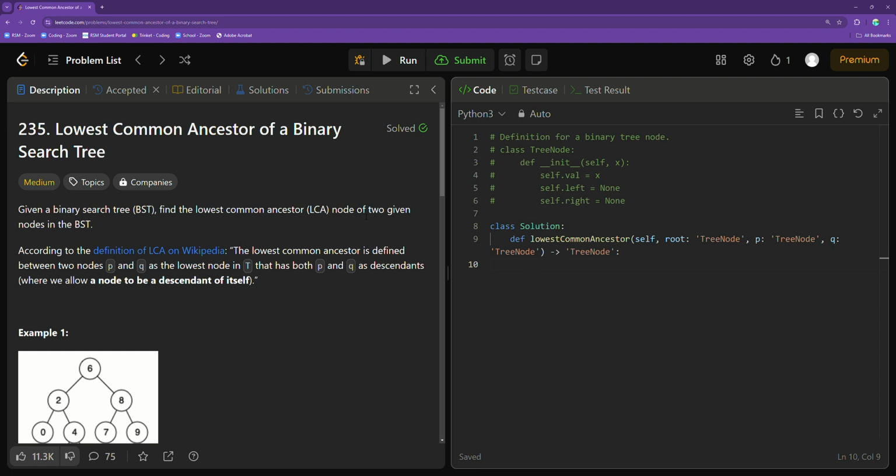So the very first thing that we would want to do is set current to be equal to the value of the root. We can do that in Python simply by setting it equal to root, which is actually the way they give us the input of the binary search tree. And once we set the current to be that root, now we simply have a while loop